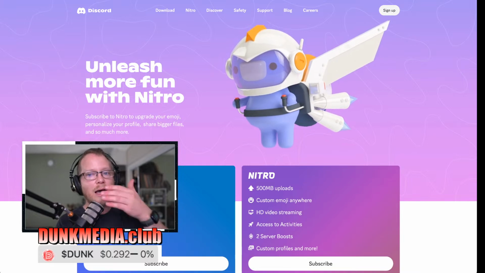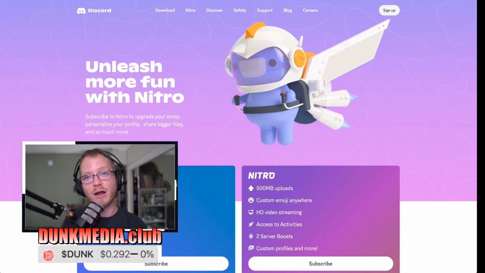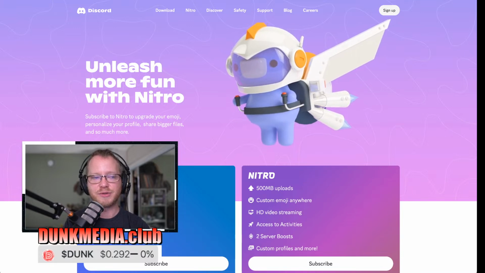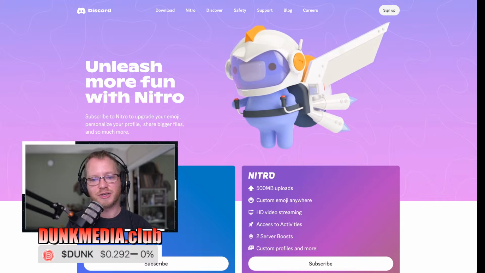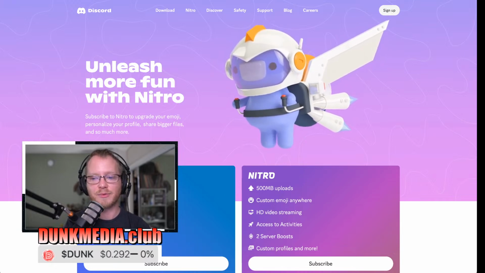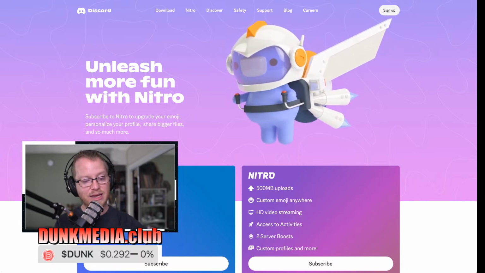So I would say that Discord's great because you're able to do it easily on platform. You could even create a membership directly on platform now. That's a new thing. They used to have, you had to use something called MEE6 to do it, but now it's directly on there, and they just take a little percentage of it for the processing and management, and then you keep the rest. So I would say Discord is a great place to look, and it's all just built into the platform.